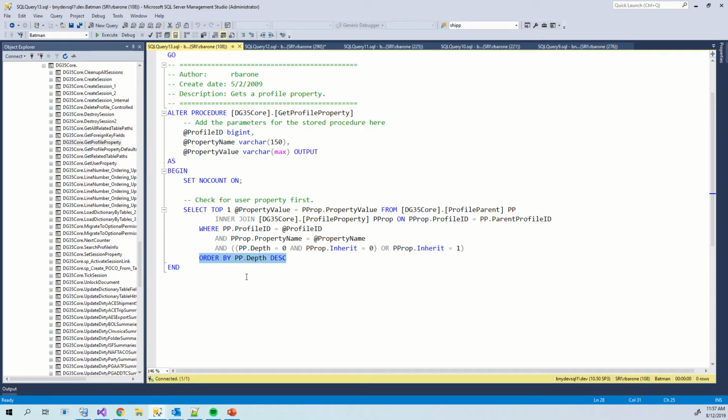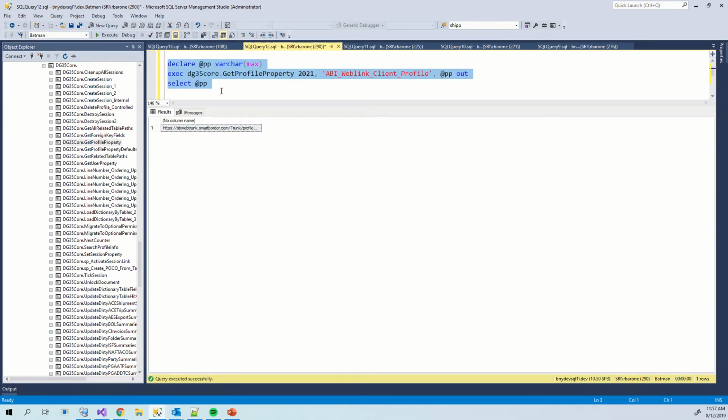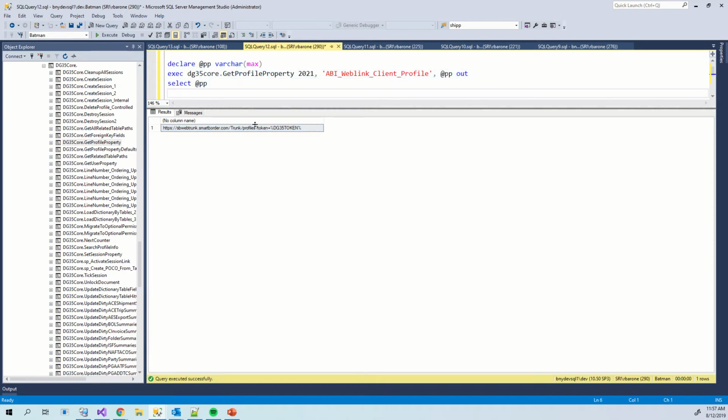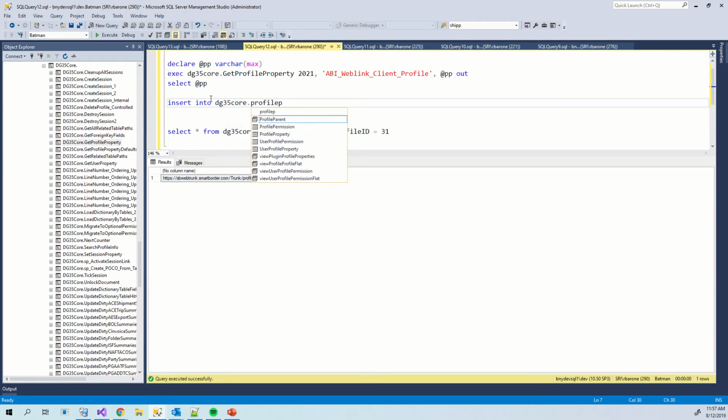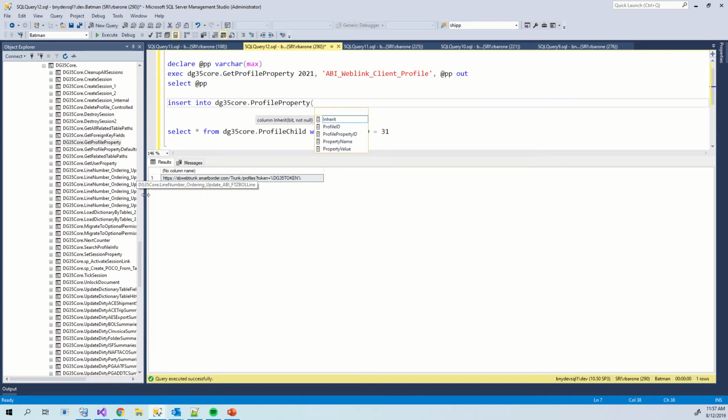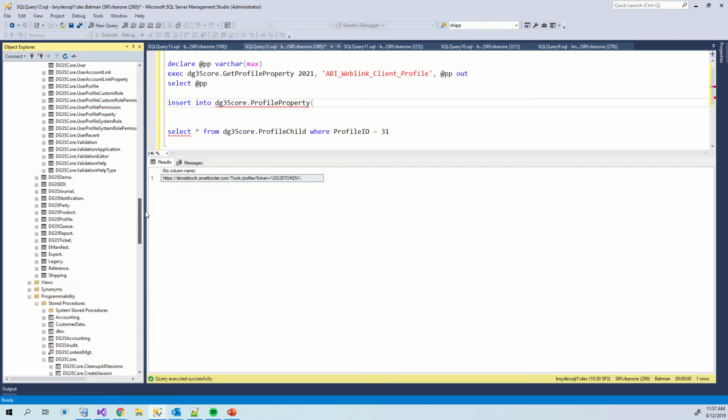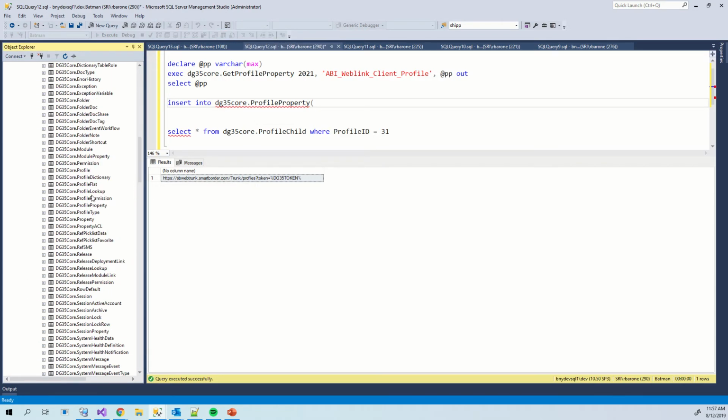Because if you have one over top of that, if I say, you know what, the default is this SP Web Trunk, but I want to override that, and I want to put something in there. Insert into D5 Core profile property, and of course we need a. Let's see. This is a cool little trick. If you're in Enterprise Manager, I'm sorry, SQL Server Management Studio, and you go to the profile property table,